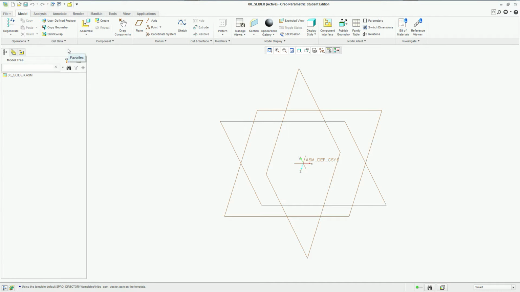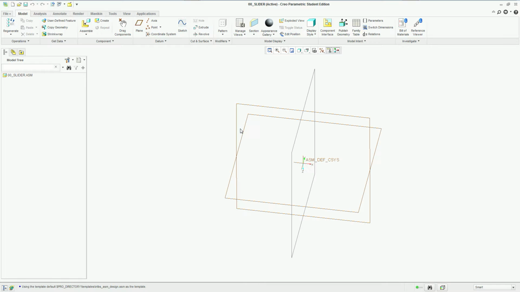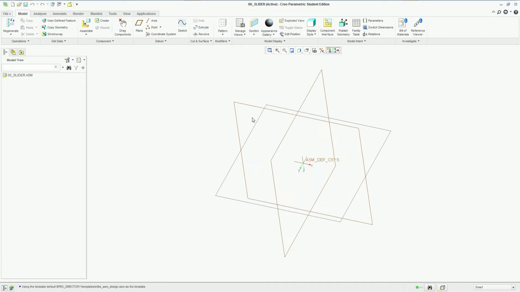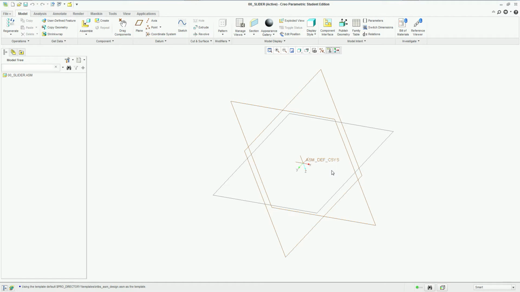In this video, we're gonna assemble a slider crank linkage. This is going to be our case study just to show you how an actual assembly is put together, and then we're gonna do kinematic and dynamic analysis. So it's gonna serve as a kind of closeout, just an example to show you how assemblies work. You should do this just to reinforce what you learned in the previous videos, and then it's